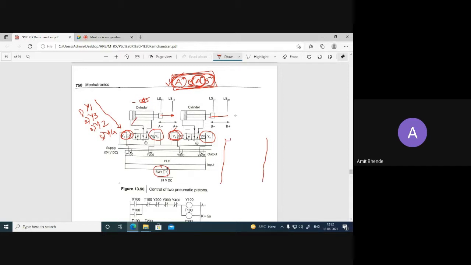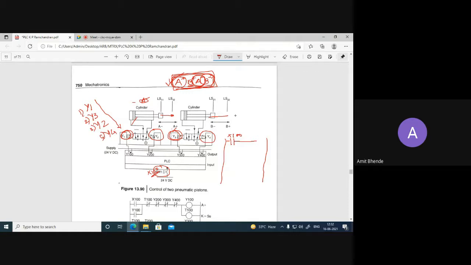So this is the normally open switch for SW1. This SW1 we call X100. Okay, we will give the name of this SW1 as X100. So this is X100.